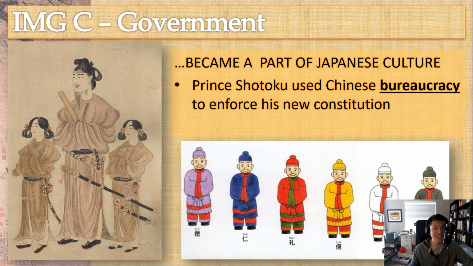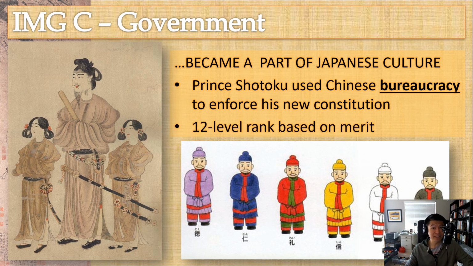It's known as the 17-article constitution, which will be based on moral and ethical behavior, whereby these key officials would be advised to be as fair and as good as possible. Much of this will be based upon Confucian and Buddhist values, as it is said that harmony above all should be valued and quarrels avoided at all costs. And in this particular system, it would be based upon the merit bureaucracy, whereby there is a 12-level ranking system that would be based upon merit.